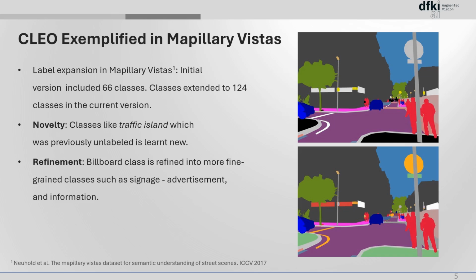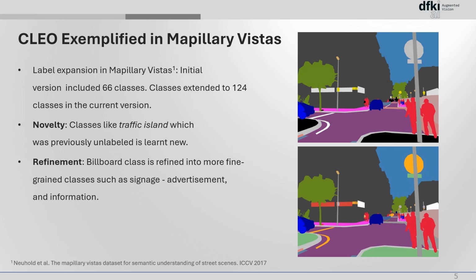A real-world example of CLEO is found in Mapillary Vistas, with label expansion. For the same set of images, the number of classes expanded from 66 in the initial version to 124 in the current version. Among these classes, some are entirely new and were previously unlabeled, whereas some classes were previously part